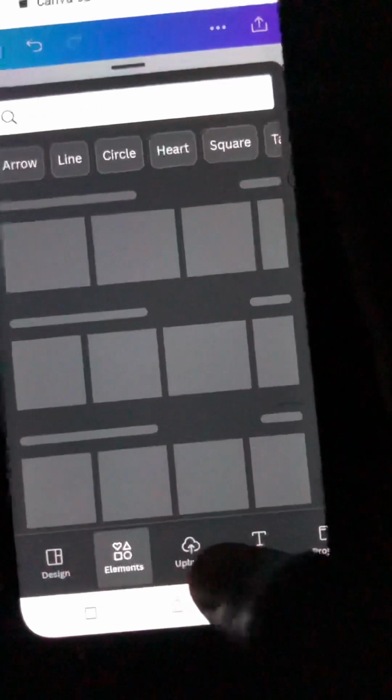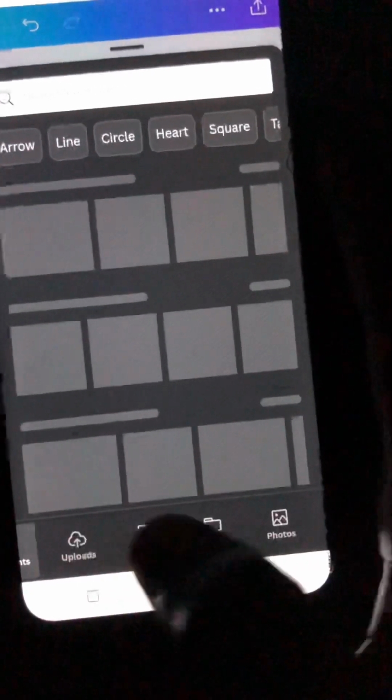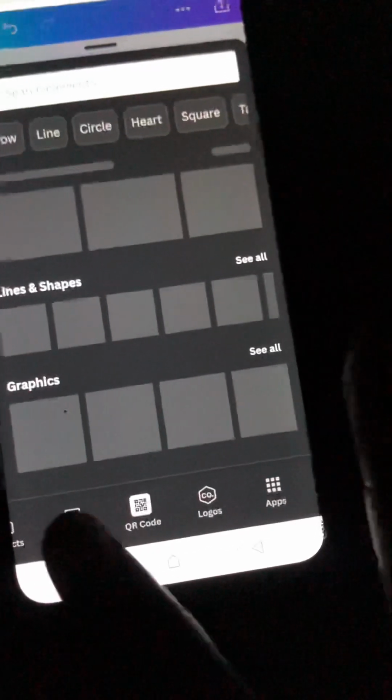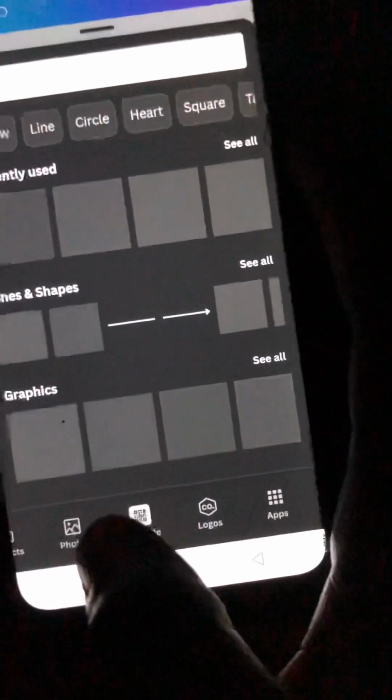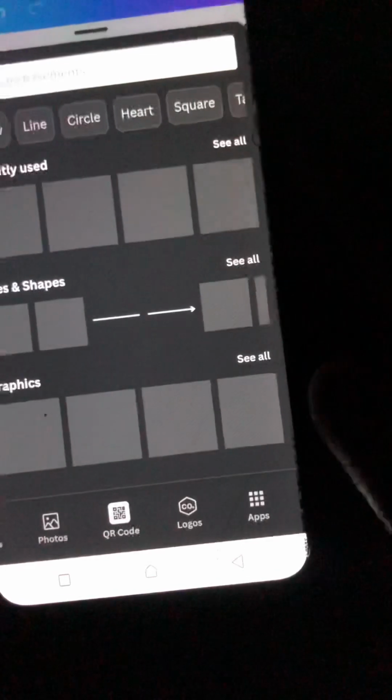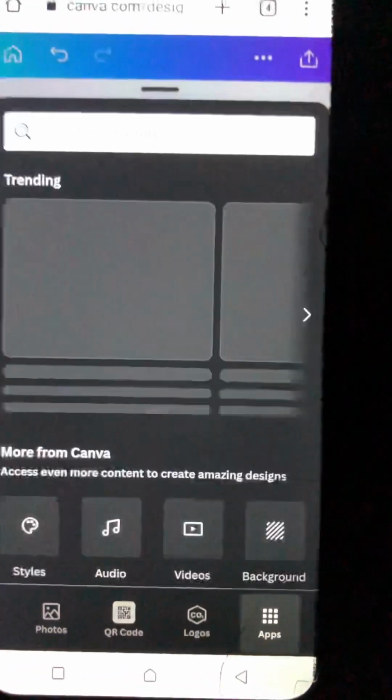So first things first, we have different features. You can add your photos, you can add your text, your elements and stuff. So we're going to first come to elements because we want to create using the frame. All right, so